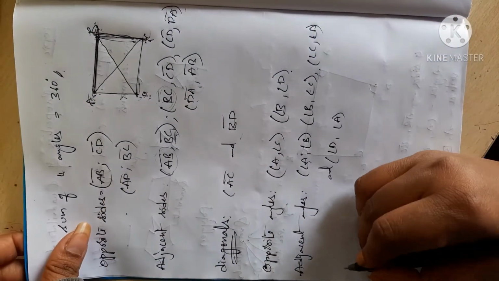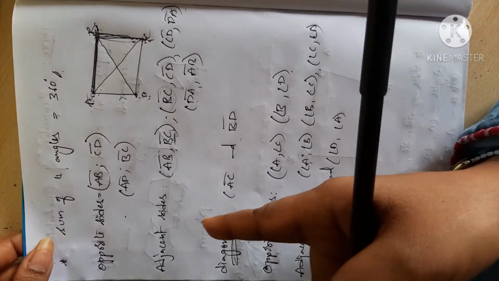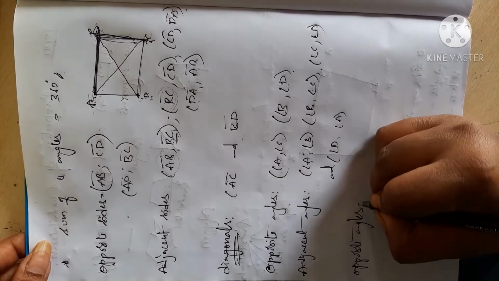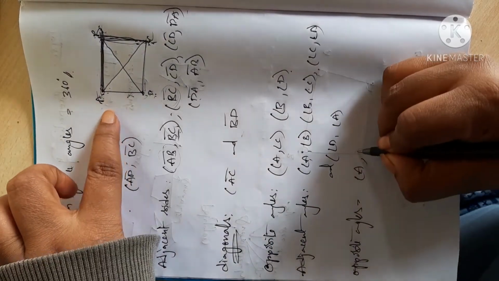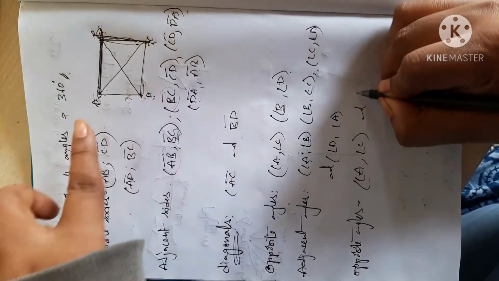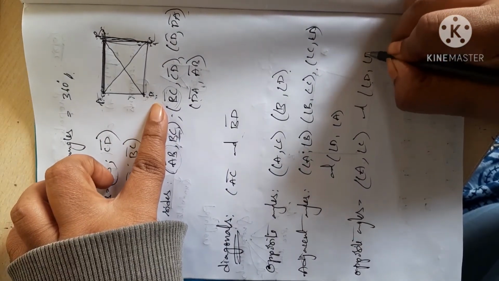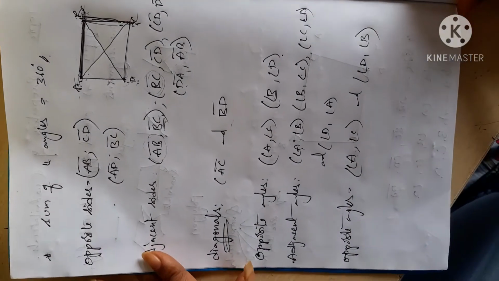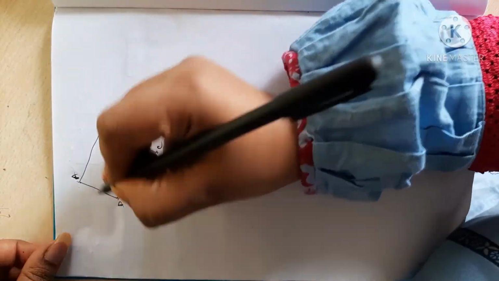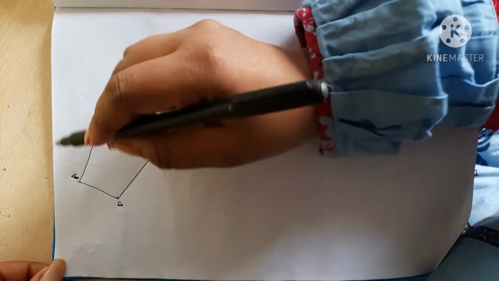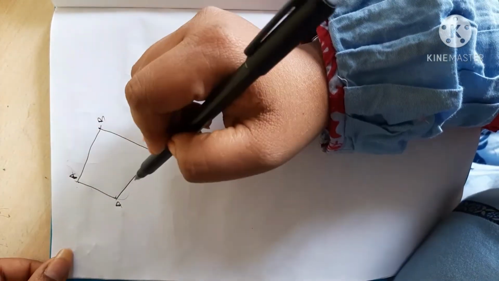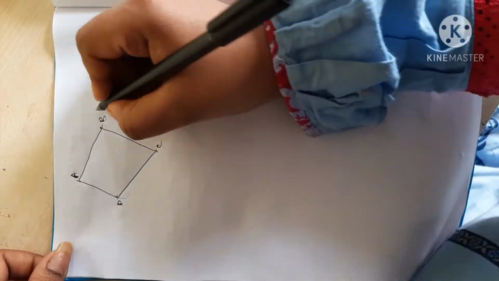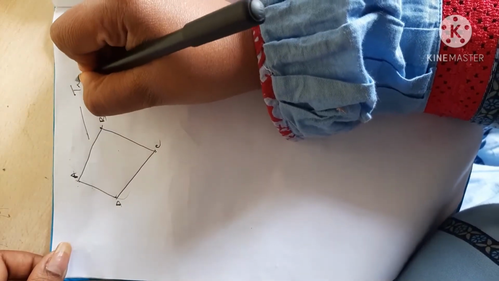Now opposite angles, have we discussed? No. What are the opposite angles? Angle A's opposite angle is angle C, and one more pair is angle D's opposite angle is angle B. So these are the small basics. Now A, B, C and D. A closed figure bounded by 4 line segments is nothing but a quadrilateral. Now from this quadrilateral there are 4 types. First one is trapezium.